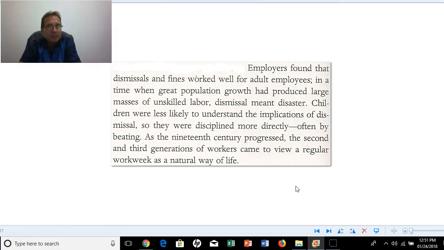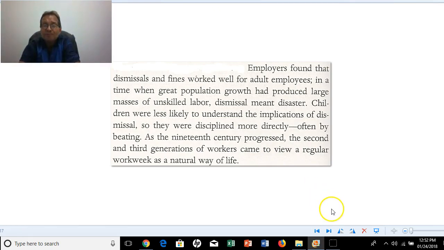But as the 19th century progressed, the second and third generations of workers came to view a regular work week as a natural way of life. And that's one of the effects of the Industrial Revolution on British life and on the workers. They became used to factory time. And conditions were not always good in these industrial cities. They were dirty places. They were unsanitary. Those are some of the effects. Air pollution becomes a big problem in Britain as well because of all the burning of coke and coal. It's a very dirty and very air polluting